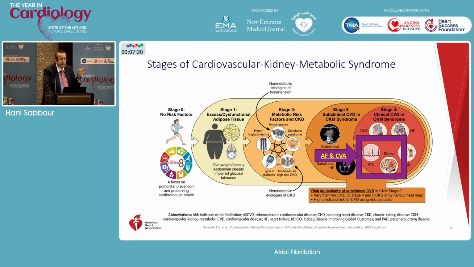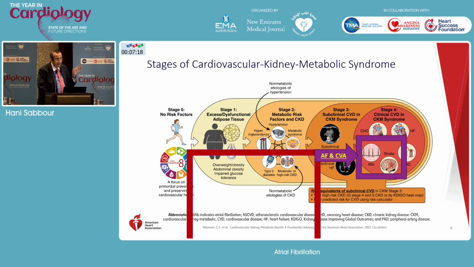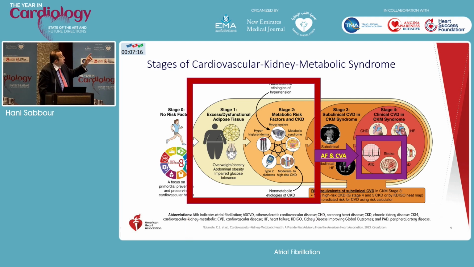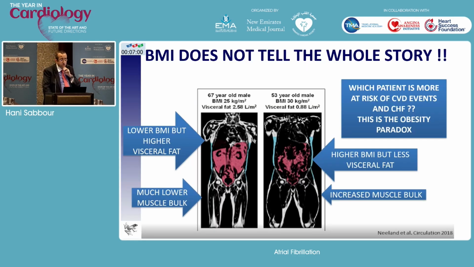I think you've seen this last year in the American Heart Association. It starts from here. This is the obesity with risk factors and can be used to prevent subclinical disease and also AFib and stroke. It's in this diagram. So it's very important for us to remember that starting early and having multiple risk factor modifications, including targeting obesity, has a big impact on the onset of AFib and stroke.